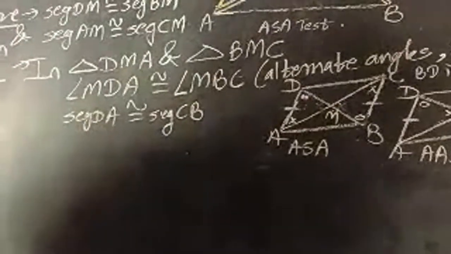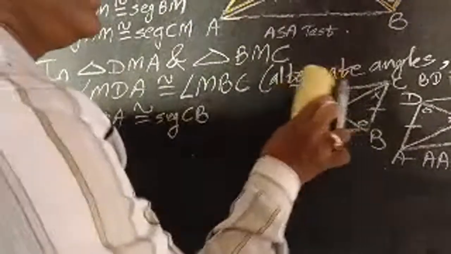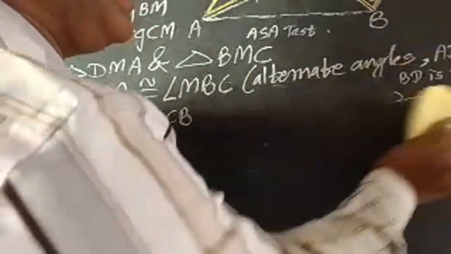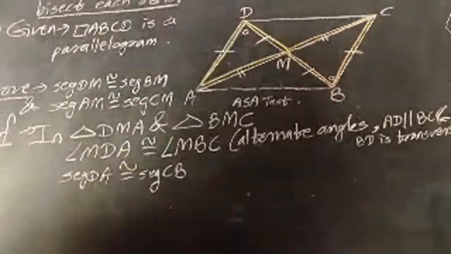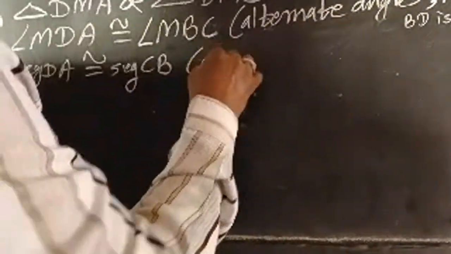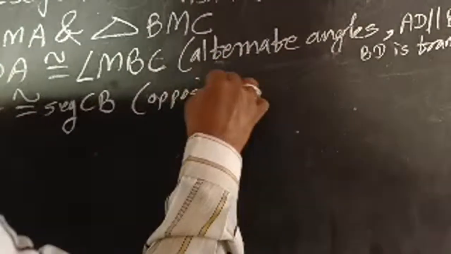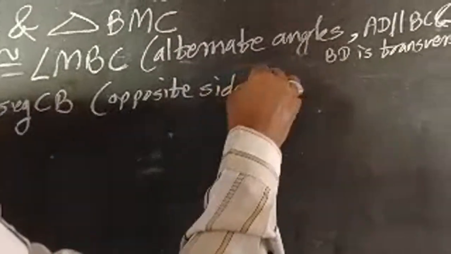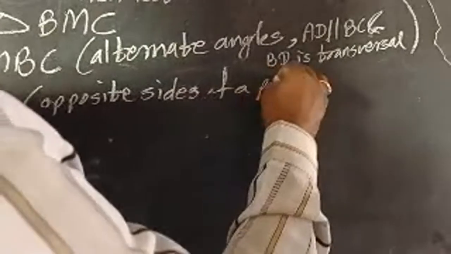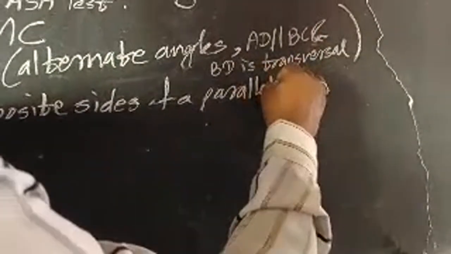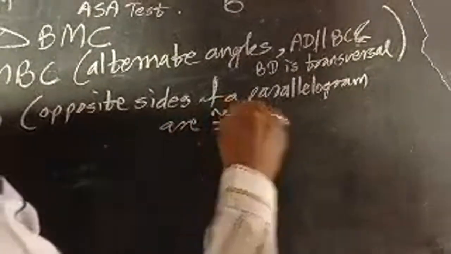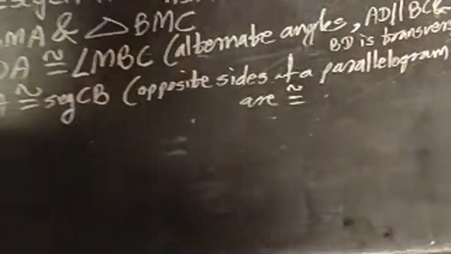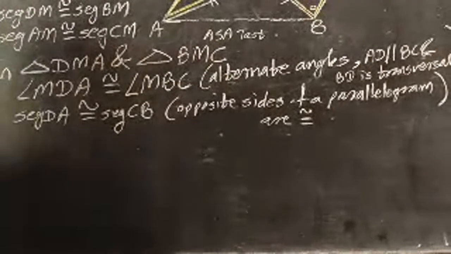And the reason is, yes, correct: opposite sides of a parallelogram are congruent. Good. Next,